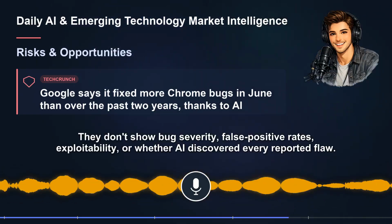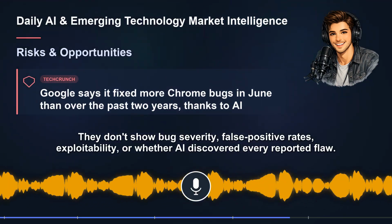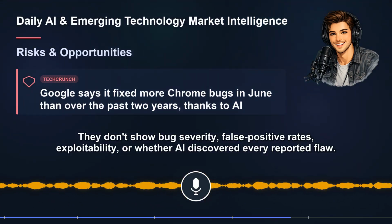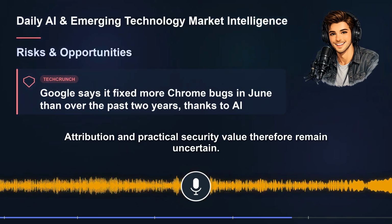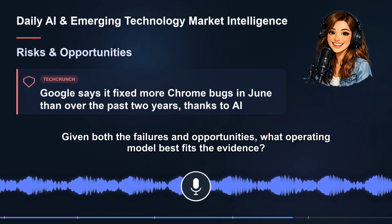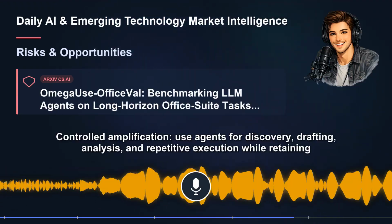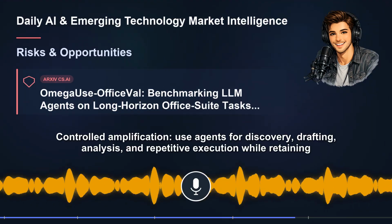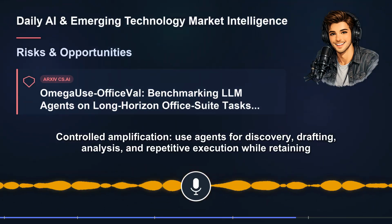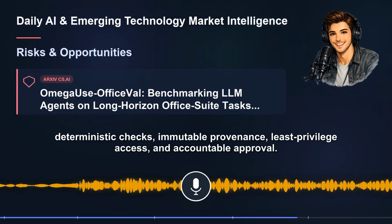They don't show bug severity, false positive rates, exploitability, or whether AI discovered every reported flaw. Attribution and practical security value, therefore, remain uncertain. Given both the failures and opportunities, what operating model best fits the evidence? Controlled amplification. Use agents for discovery, drafting, analysis, and repetitive execution while retaining deterministic checks, immutable provenance, least privilege access,